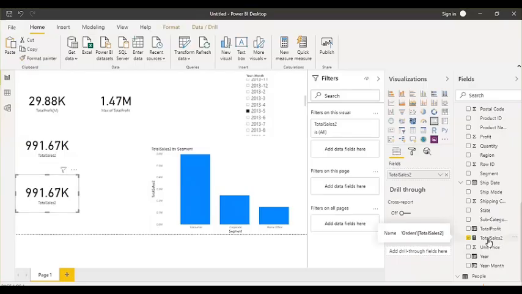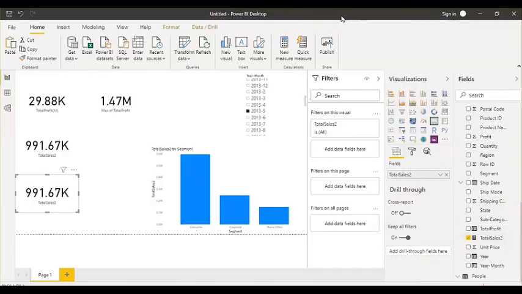Right now this measure has a reference with the filter. Whatever you filter, this measure value will be filtered. Now you want one more measure where the value of total sales should not change. So you will reuse this measure. Did all of you get the point of what I want?